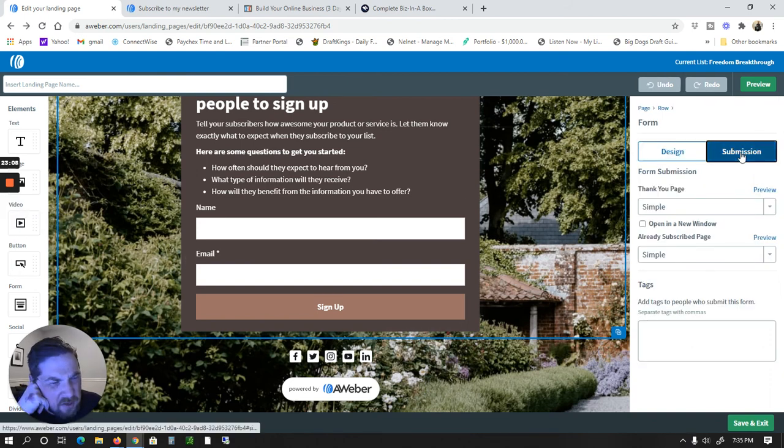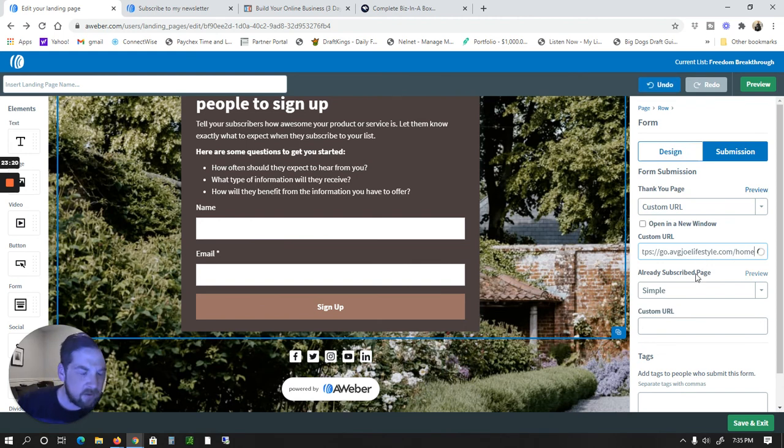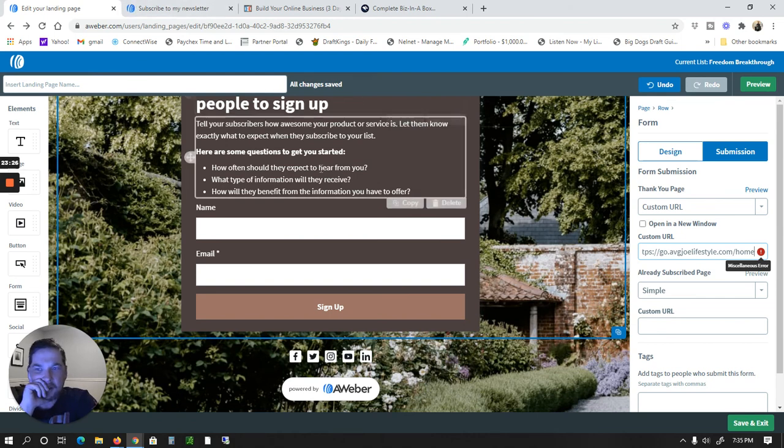What you would do is go over here to what the button is going to do, which is submission. You can change this to a custom URL, and then I can just put in my affiliate link right here. What do I have right here? I don't know. You can put that in there, and then once they click that button,